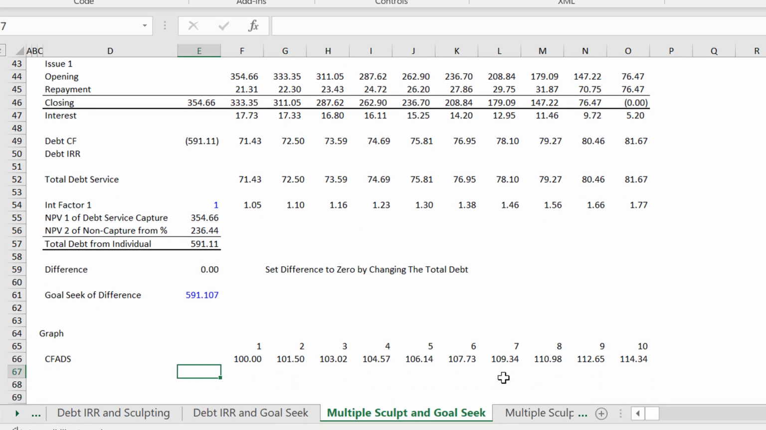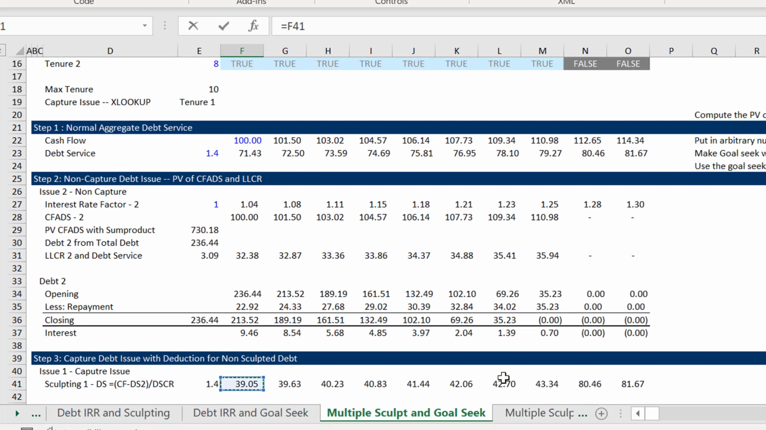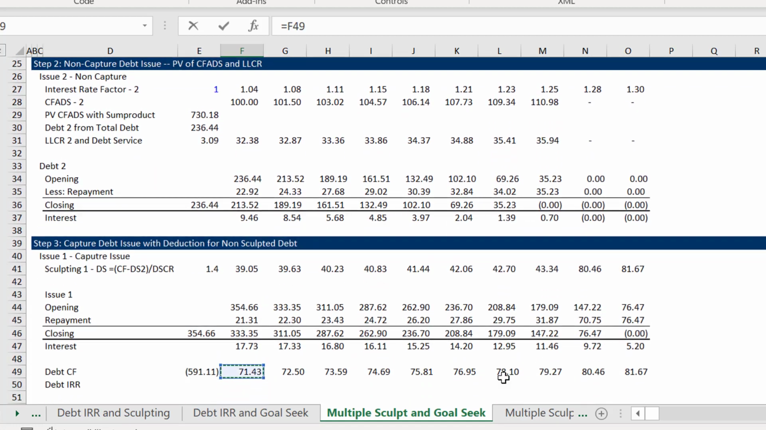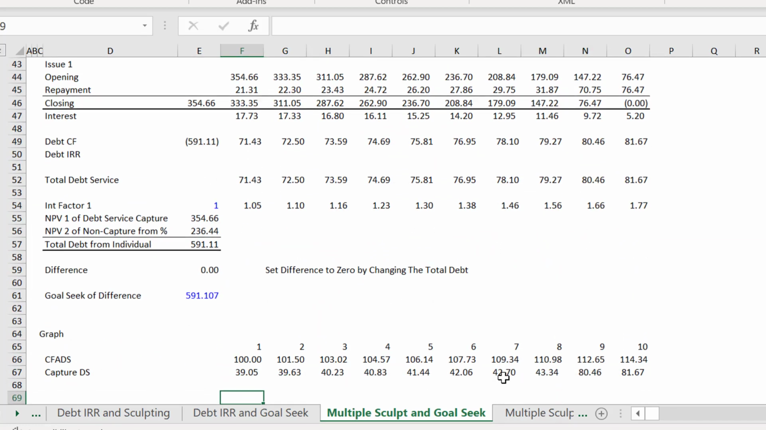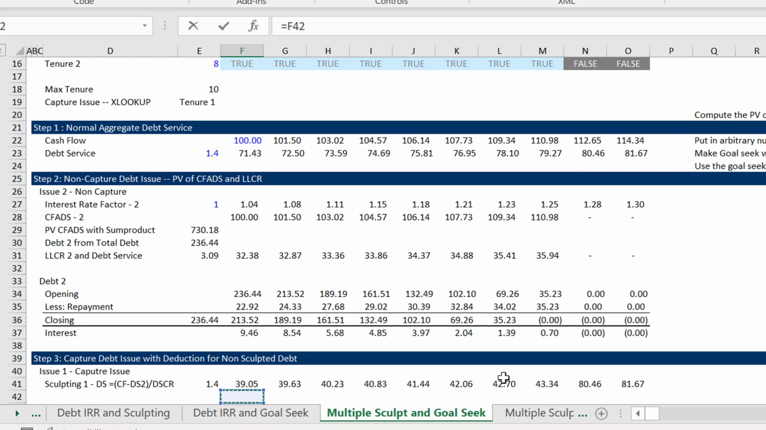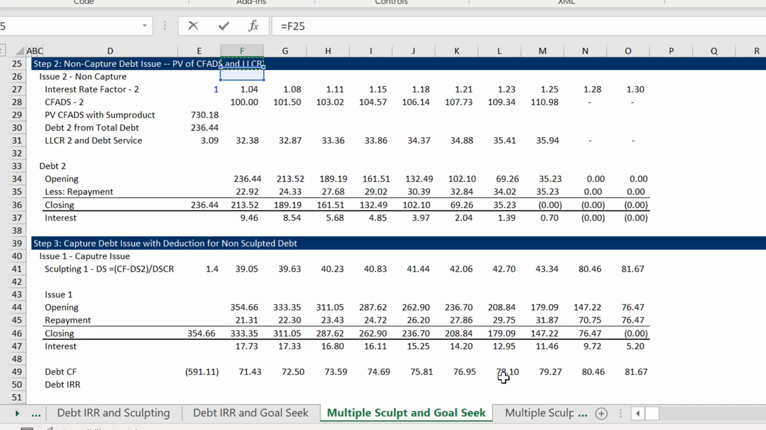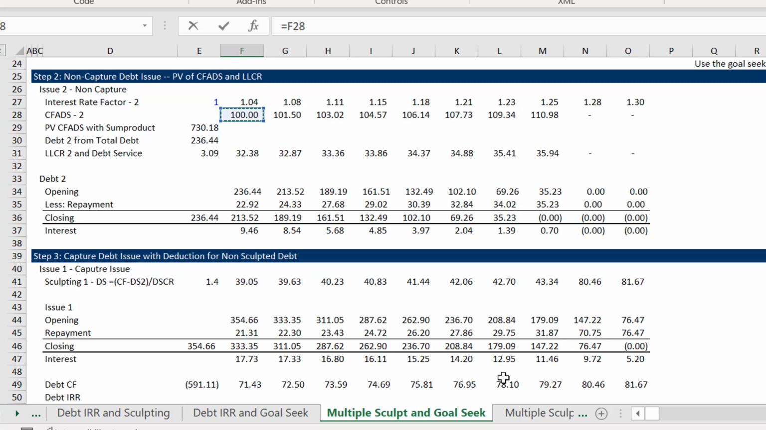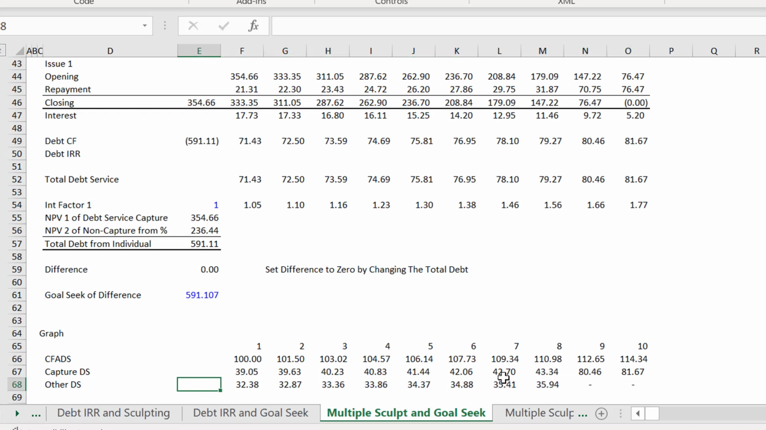Okay, and then we're going to go back and let's put capture debt service. Okay, so we've got two different debt issues, and the capture debt issue has this kind of debt service, and then the other debt service has the interest plus the principal. I hope we have a debt service here, and this has a shorter tenor,